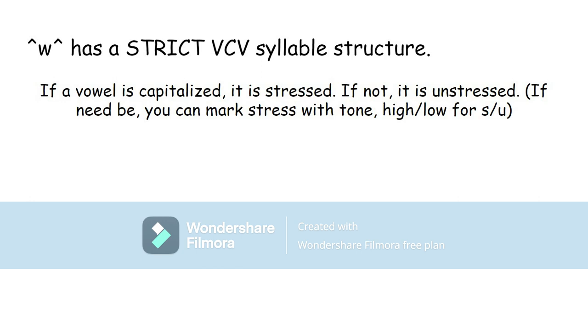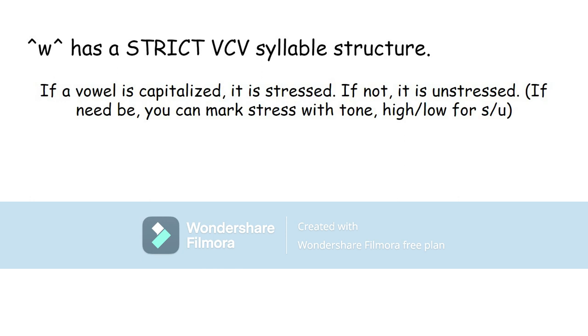This is why there was that star there on the 5, because each vowel, there's technically 2 forms. If it's capitalized, it's stressed. If not, it's unstressed. If need be, you can mark stress with tone. You can use a high tone for stressed and a low tone for unstressed. This is because pronouncing is much easier than pronouncing